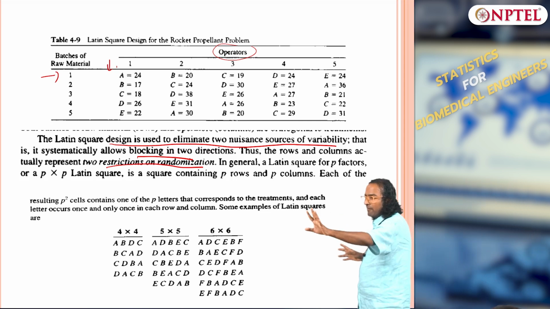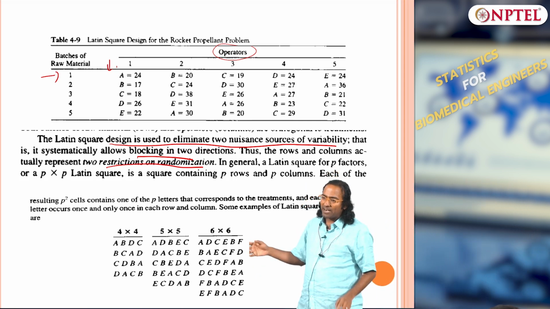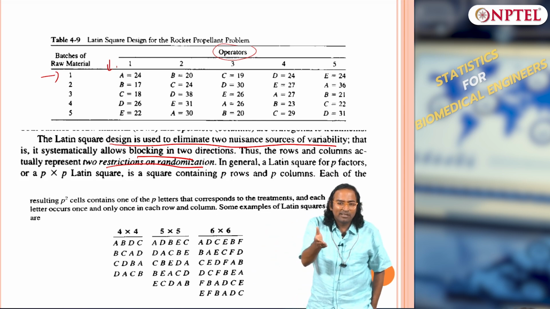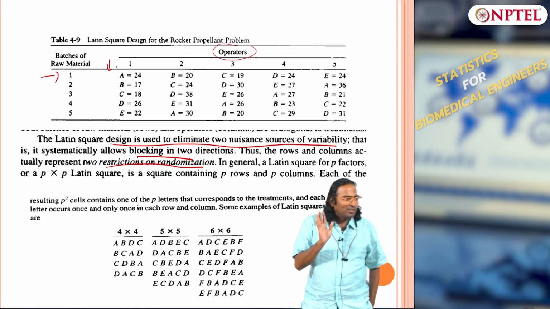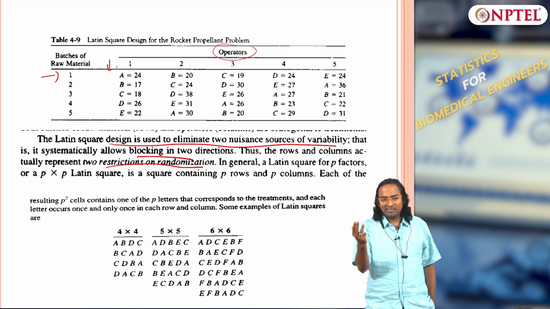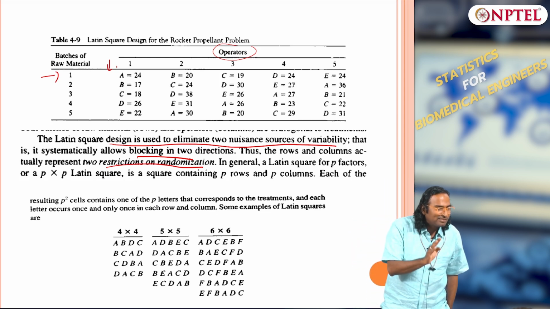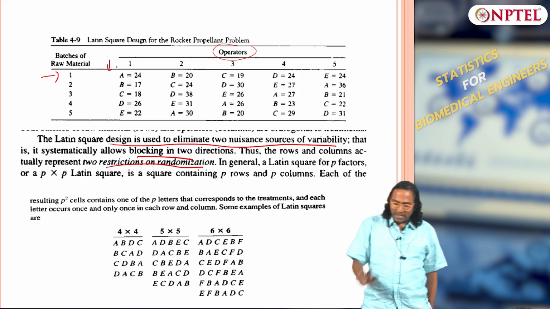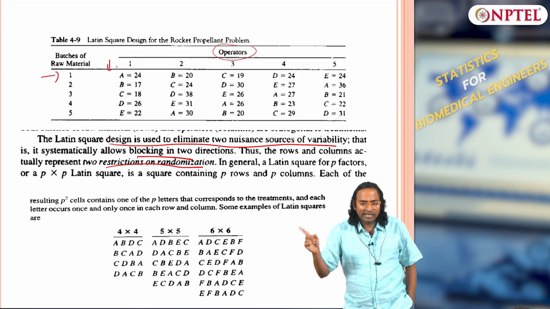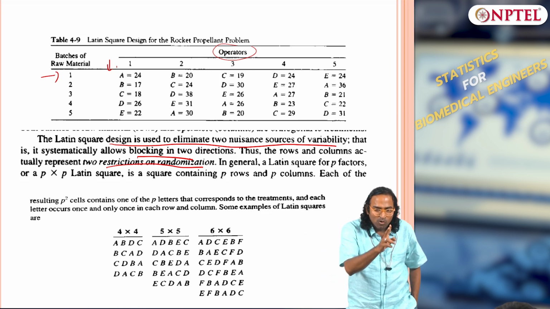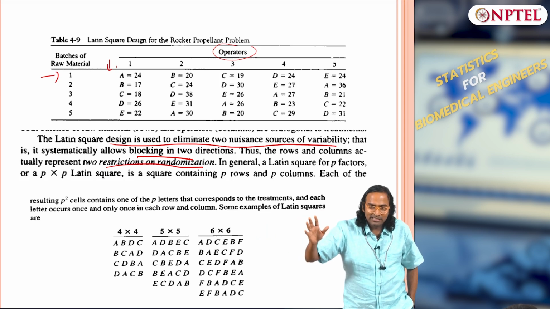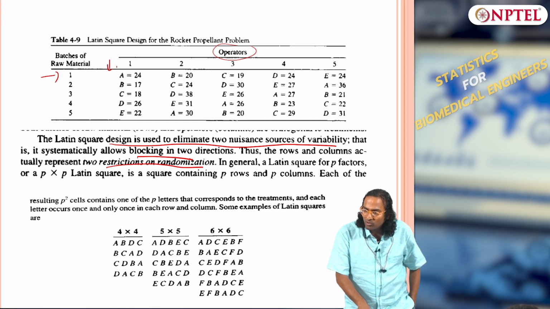Earlier in RCBD we dealt with 2 factors, the 1 factor we called a nuisance, but it could be not a nuisance, it could also be a factor of interest to you, nobody is stopping that. Similarly now we are able to handle 3 factors. Only thing is I have not considered interactions so far, that I will deal with towards the end. But now instead of 2 I am moving on to 3 and I will show you how to do 4, 5 etc. in a single shot.